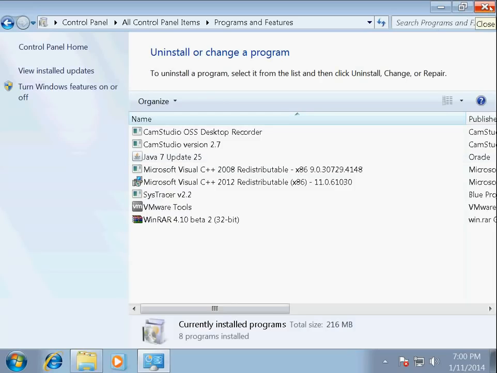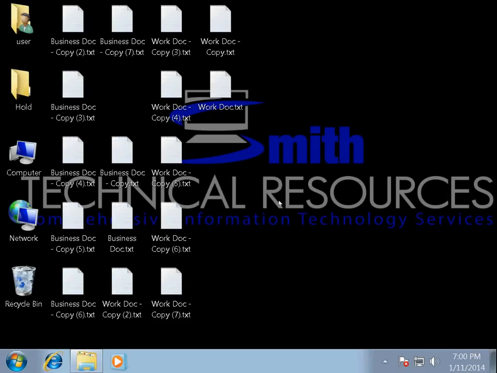Now once you uninstall it, it's going to advise you to reboot. Go ahead and reboot at this point. All right, and then once your system comes back up,